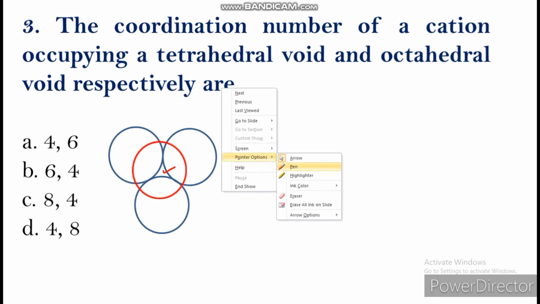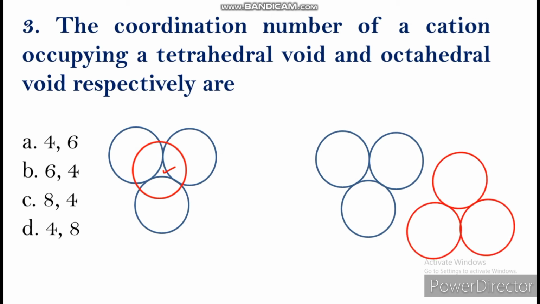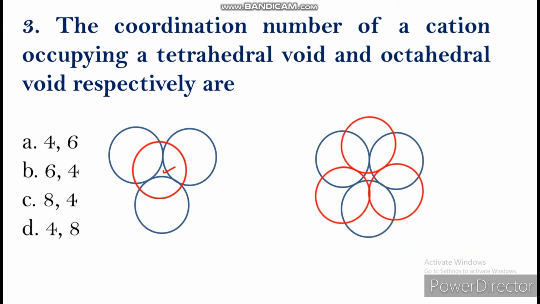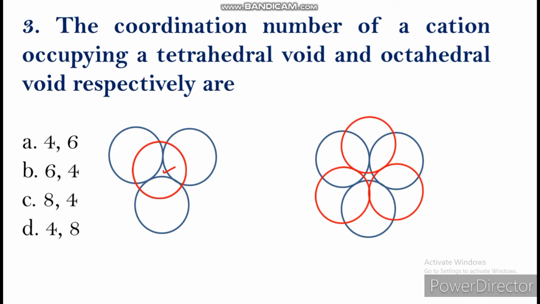Now how is an octahedral void formed? On the triangular void, if one more triangular void is placed, we get an octahedral void. In a tetrahedral void, a particle is nearer to how many particles? You can see 1, 2, 3, 4. So the coordination number for a tetrahedral void is 4. For an octahedral void, you can see 3 red and 3 blue. It means it is nearer to 6